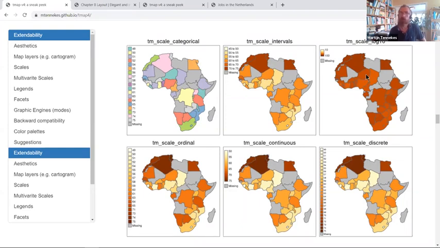A log scale for this type of data is not very useful. Could be useful for population density or for income, economic data, but not for life expectancy. TM scale ordinal is also a